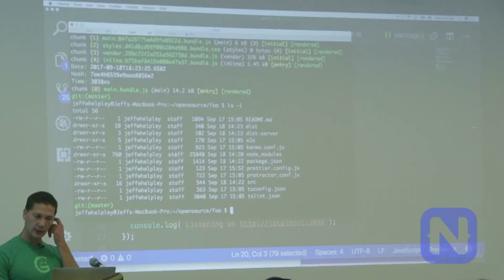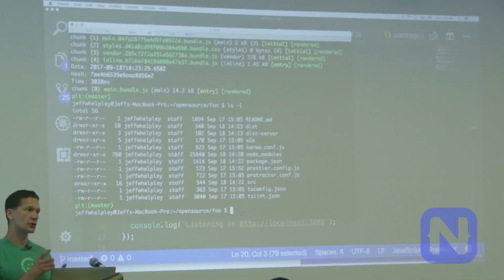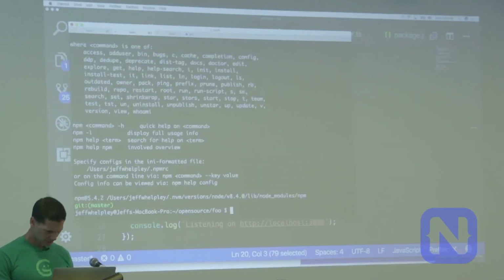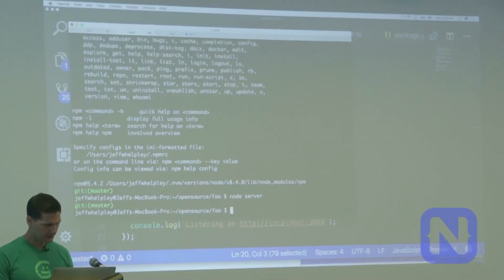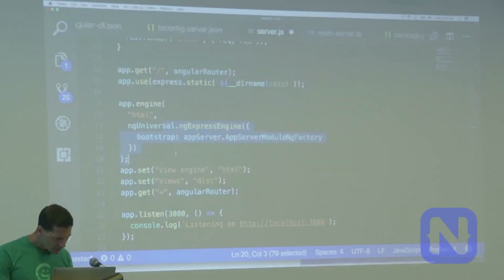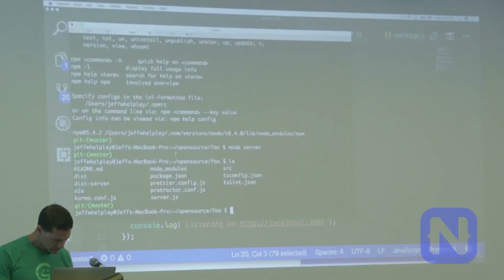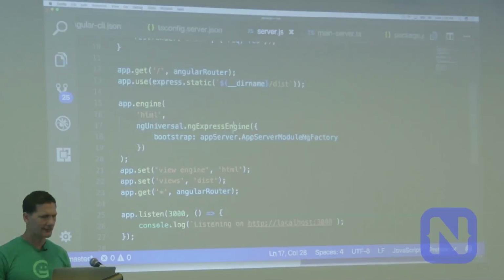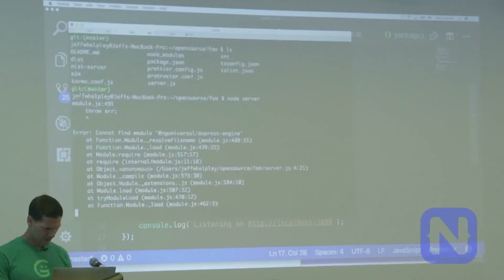So instead of using ng serve, because ng serve will just do the browser only, I instead do npm server and hopefully, or node server, sorry. What did I do? Did you save it? Ah, that was probably it.